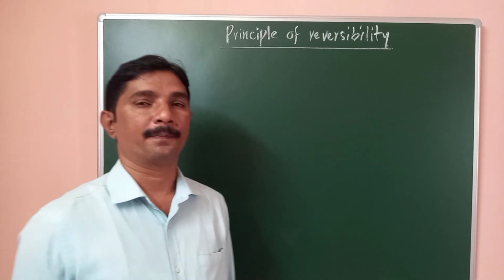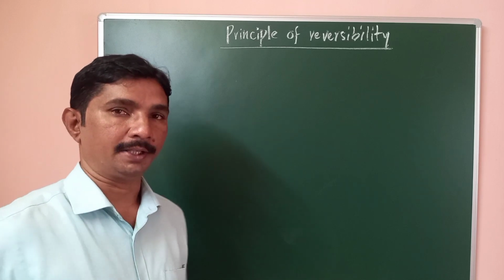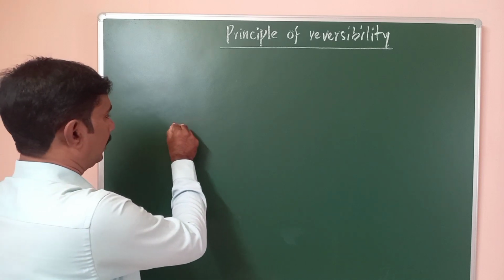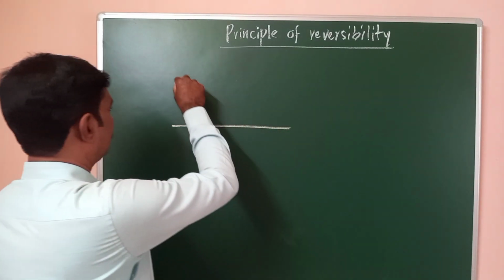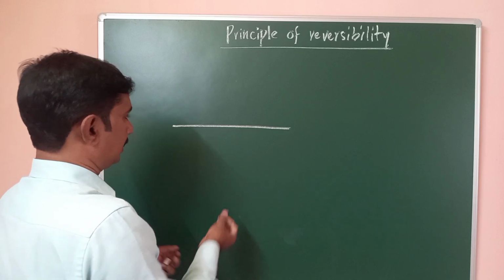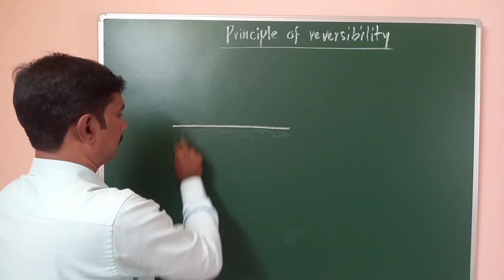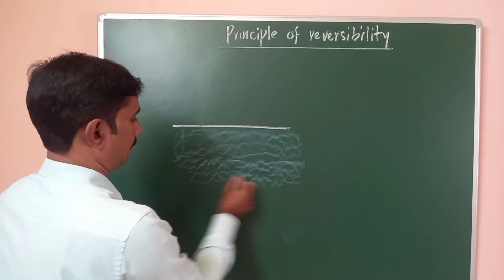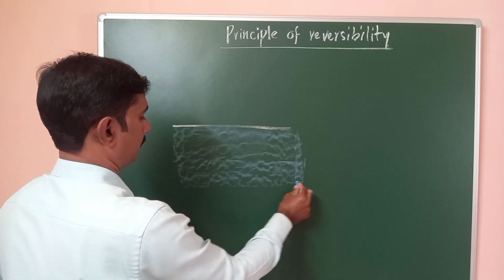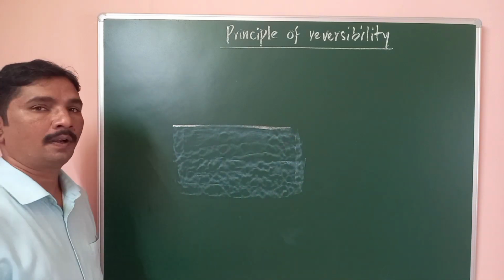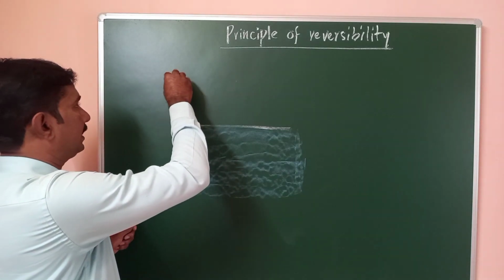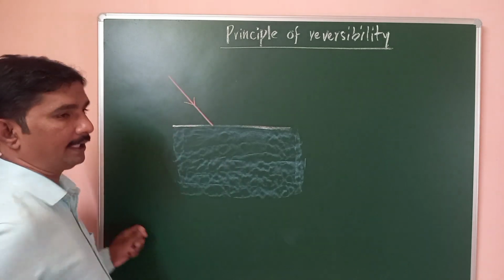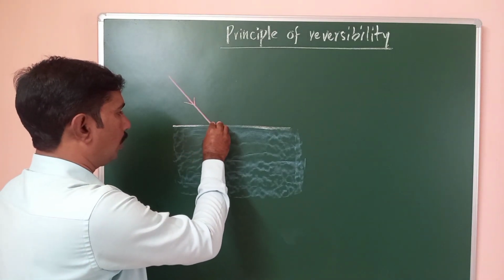Principle of reversibility. Is that what we are going to study? When a ray of light is incident on the surface of water, this is the surface of water and this is water. If a ray of light is incident here, this is the incident ray, and at this point we draw a normal